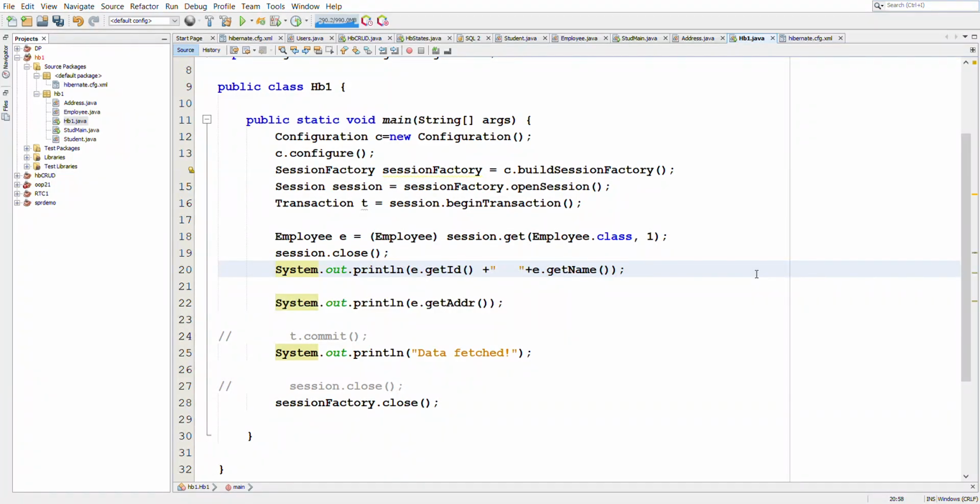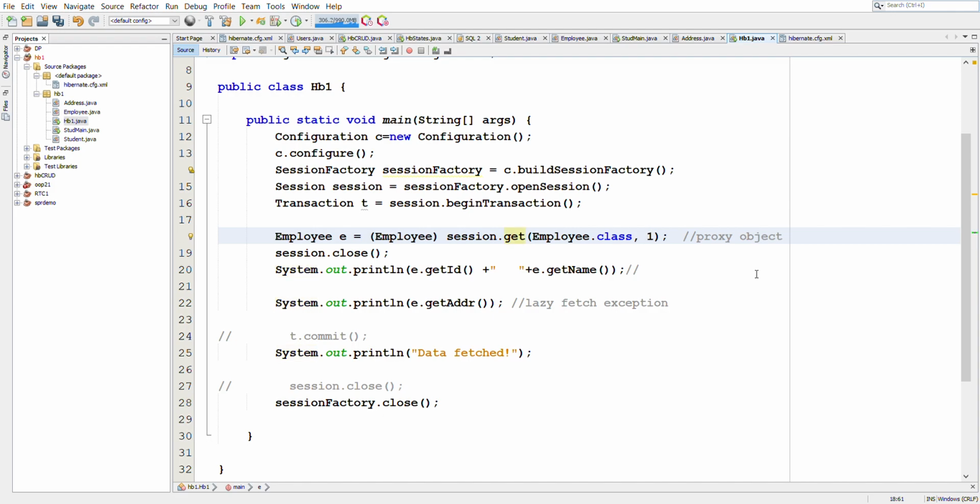So here what we can see is this line throws the lazy fetch exception. This line does not throw an exception. It works perfectly well because the object that we fetched here is actually a proxy object. So what do we mean by a proxy object? We mean that the complete data is not fetched. It is just a proxy of an employee which contains the first level data.